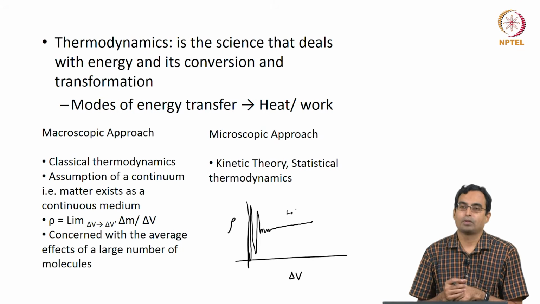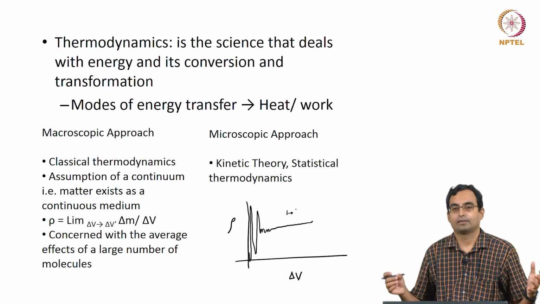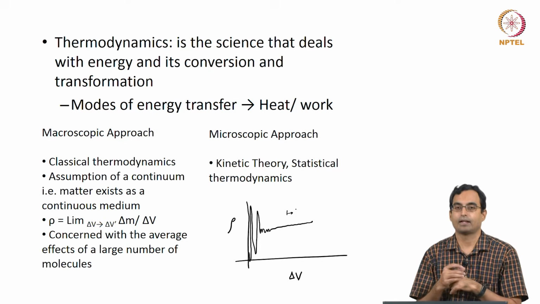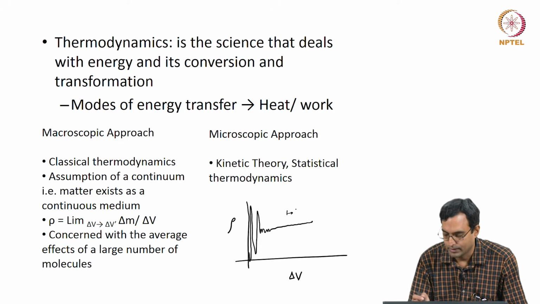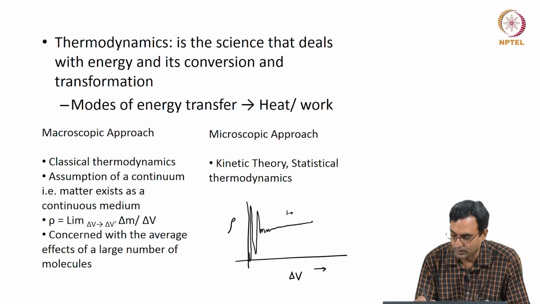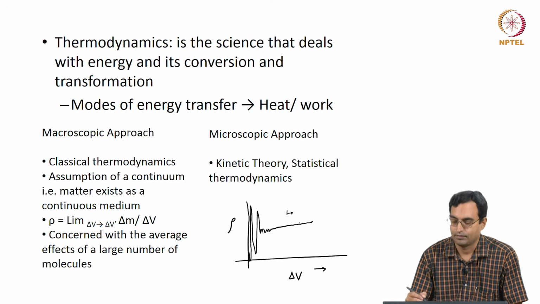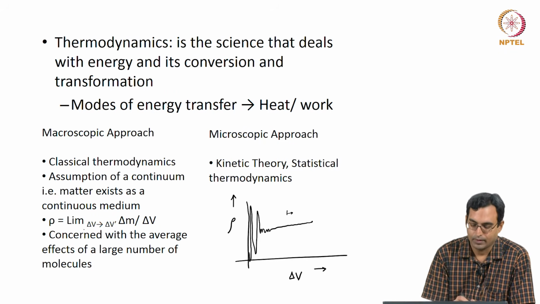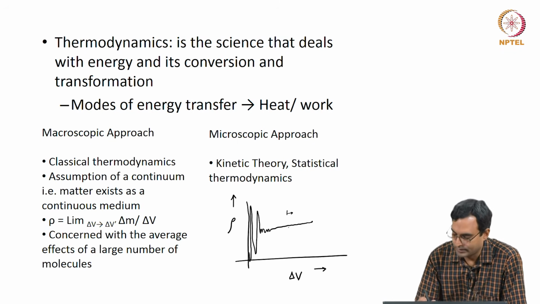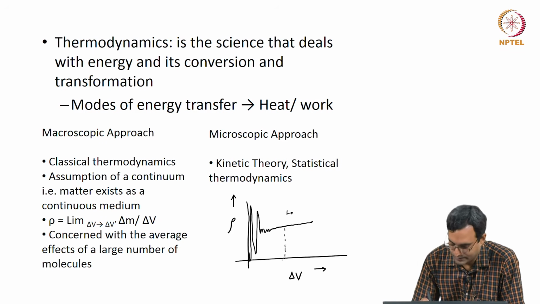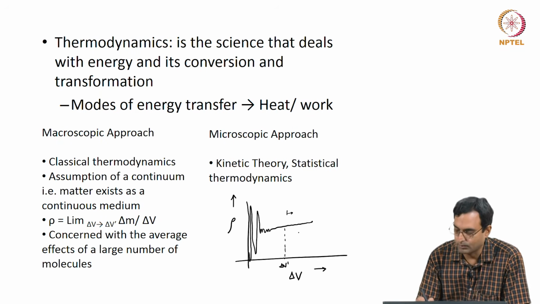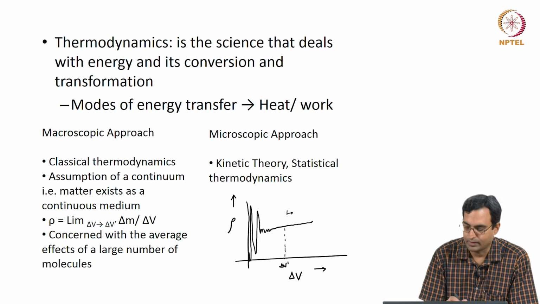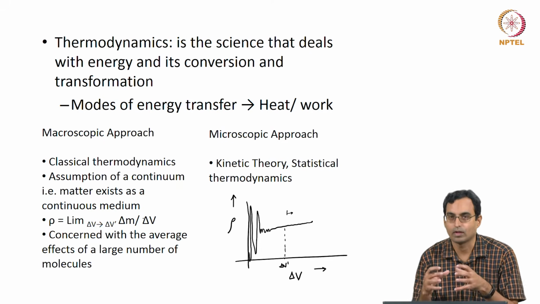At the same time, I do not want to have so large a space that the properties, for example, density, is changing within that space, because I want to define an average density. So, what we mean by the continuum approach is that we are looking at somewhere here where we can define a finite density for it. Mathematically we say that this delta V, the size of this, goes to delta V dash, which is the smallest volume at which the density is not changing too much, and I find out the mass of that box by the volume of the box, and that is